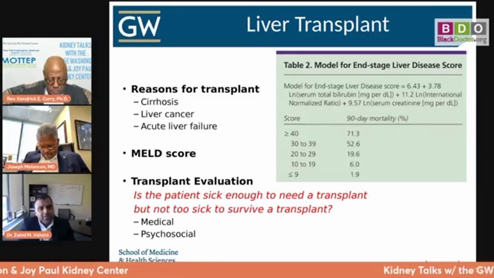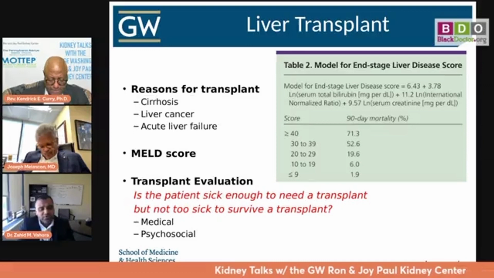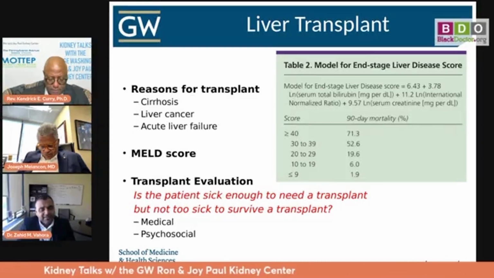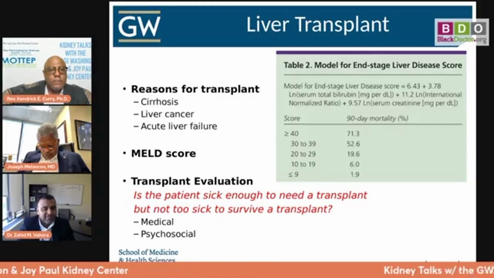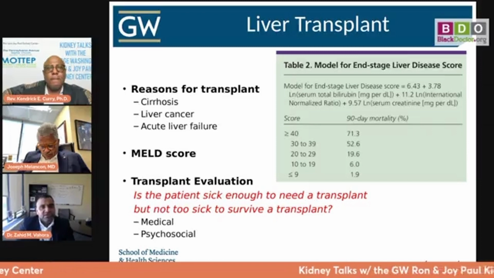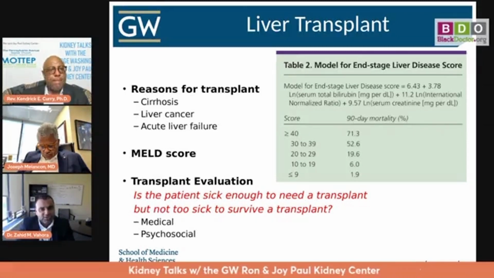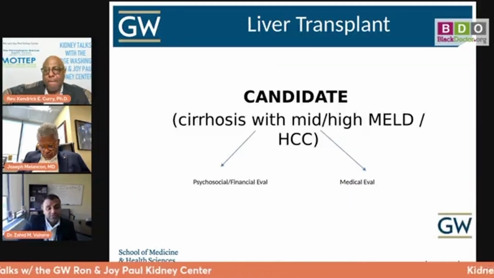We have our transplant social workers, who are really experts in identifying various substance abuse disorders and mental health diseases, to evaluate whether there is a mental health aspect to this patient that needs to be treated, or if there's anything that's too high risk for them to undergo a transplant.